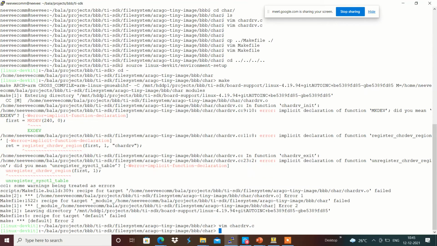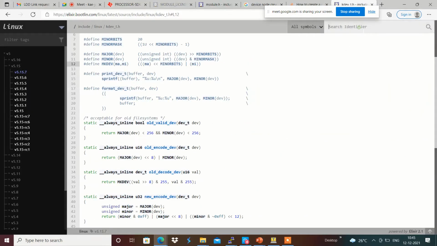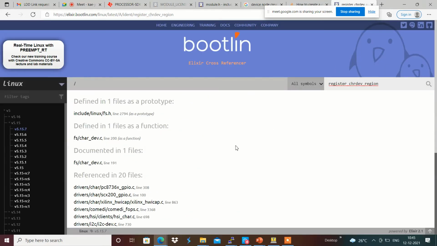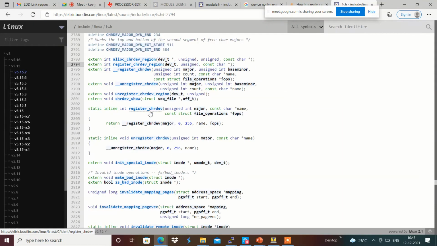Then I have the failure at the register_chrdev_region over here, so we will check where it was defined, and maybe the header file that we can get with the help of this is linux/fs.h, which contains the prototype definitions for the register_chrdev_region.